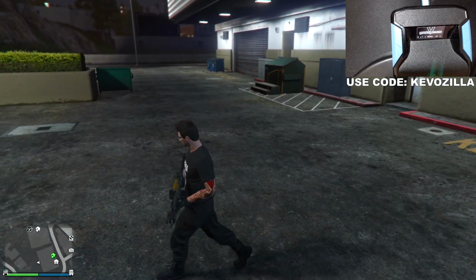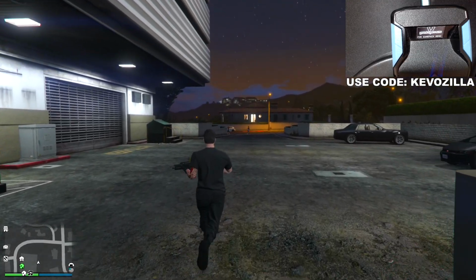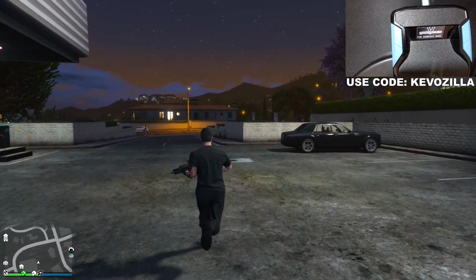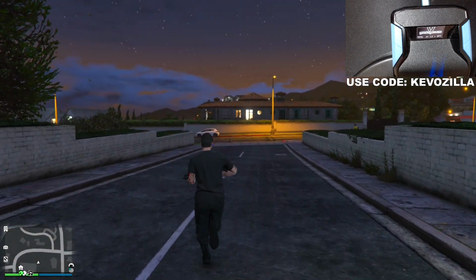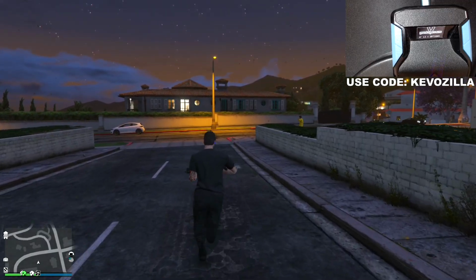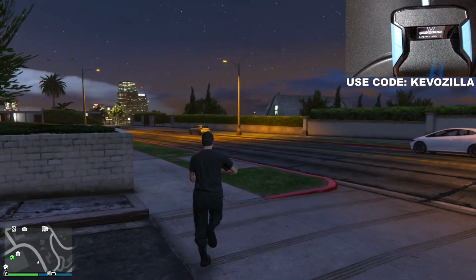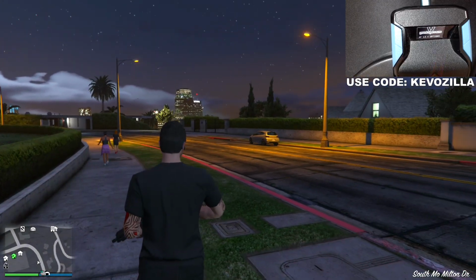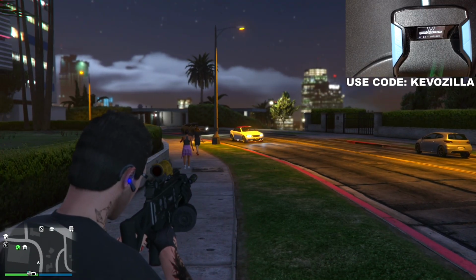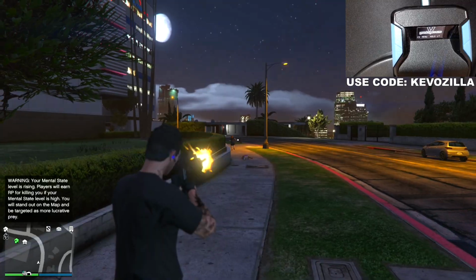Now let me see if I can find some pedestrians, because I'm not gonna ADS. I'm only gonna shoot, and I'm going to demonstrate what it does. It's gonna automatically ADS and drag the cursor to the enemy wherever the enemy's at. It's pretty damn dope. So let's say I'm ADSing over here, right? But let's say I'm gonna shoot. Look, I'm gonna start shooting, and look what it's doing. See, it automatically drags to the